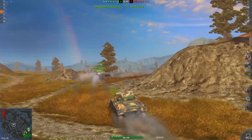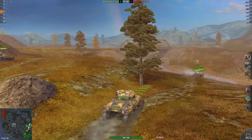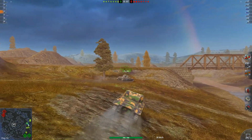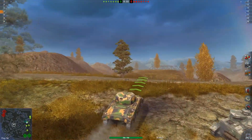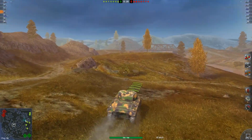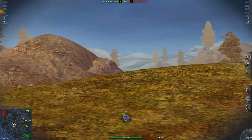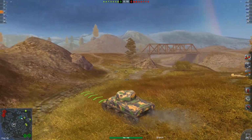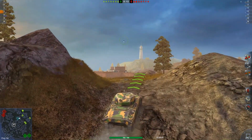pen, so you can run rammer on this tank, and you get a lot more DPM than the 75mm. Drawback is that you lose a few degrees of gun depression, and you get a very low alpha. Upside of that is, of course, that you can permatrack reds. I was planning to go wide here, but my whole team went wide, so I figured someone has to spot middle, and even if this probably isn't the tank to do it, as it has the same gun mantlet as the 75mm gun, yeah, I'm doing it anyway. I'm gonna get some spots, and